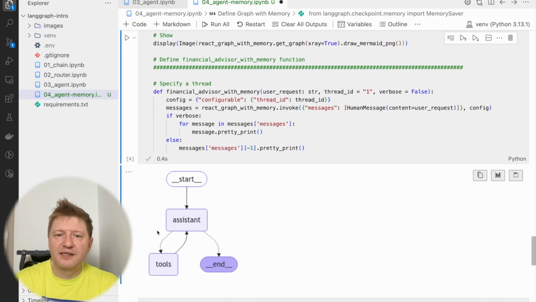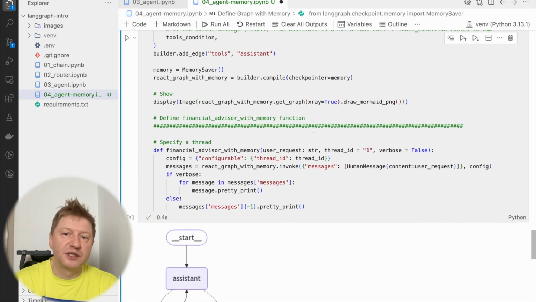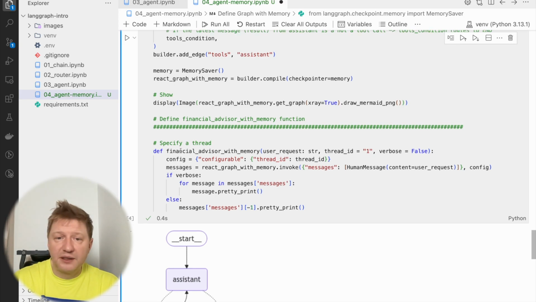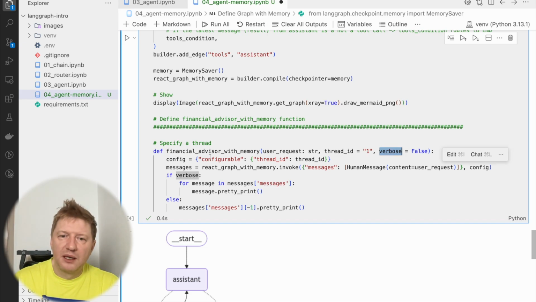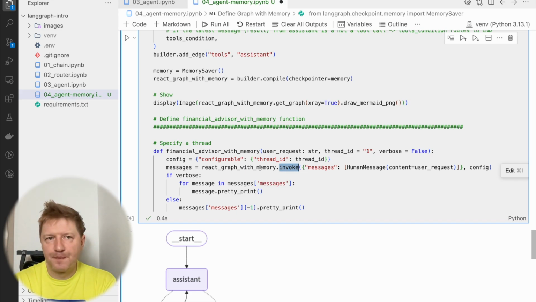And it looks exactly the same, right? Memory is not shown here because it's an inner concept which is already applied. And this time I'm defining a new function, financial advisor with memory, and it takes a user request, a thread ID, and verbose. So what's that? When we are invoking our graph, we have to provide